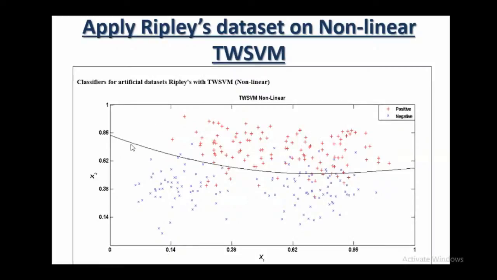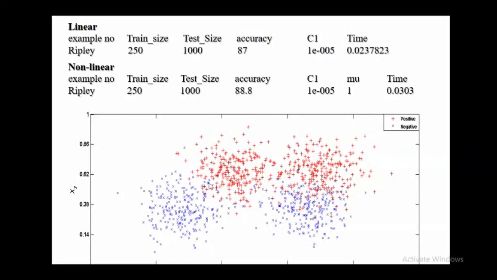Okay. And once we apply this to all the test data points, so what are the test data points? Test data points are this one. If you apply here and here, in the linear case we are getting around 87% accuracy, but for the non-linear case we are getting around 88.8% accuracy. Okay, and these are the optimum parameters for which we get this accuracy. So in this way, you can apply this particular model. Okay. I will share this code, and maybe you can explore that code later also.